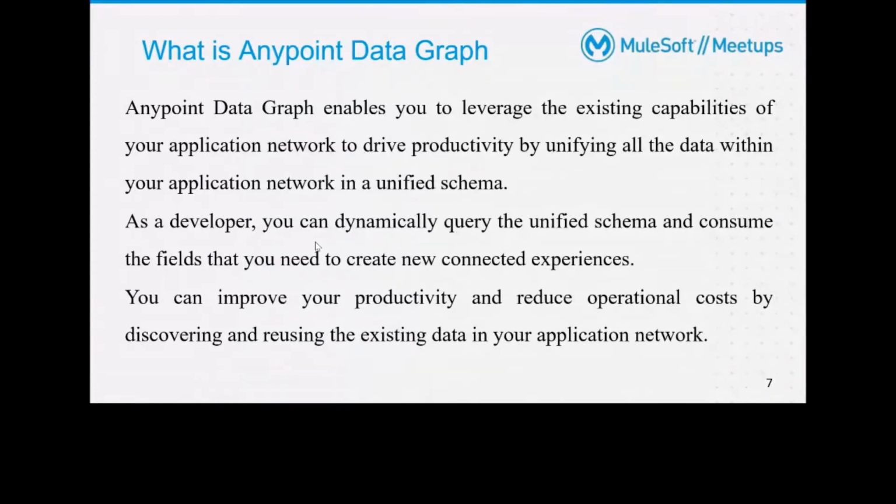You don't have to develop anything new if you want to access a new element from any existing API, or develop new code for a new consumer. Using this data graph, you can reuse the existing APIs as they are, increase your productivity, and reduce the operational cost.